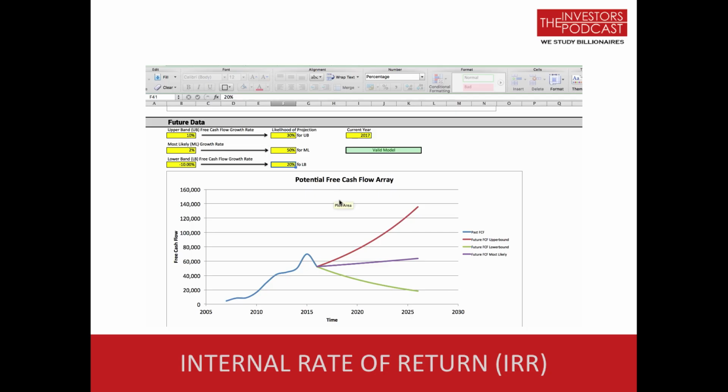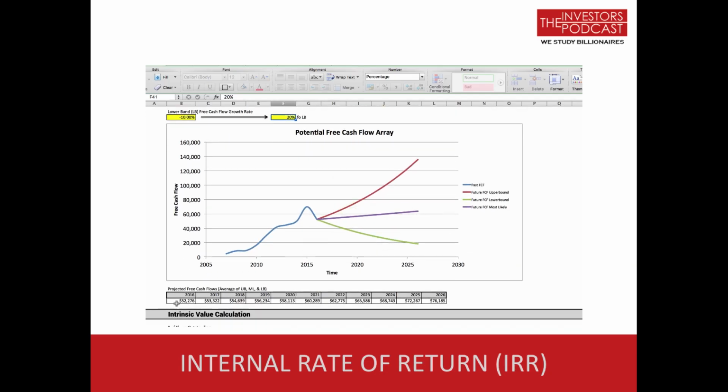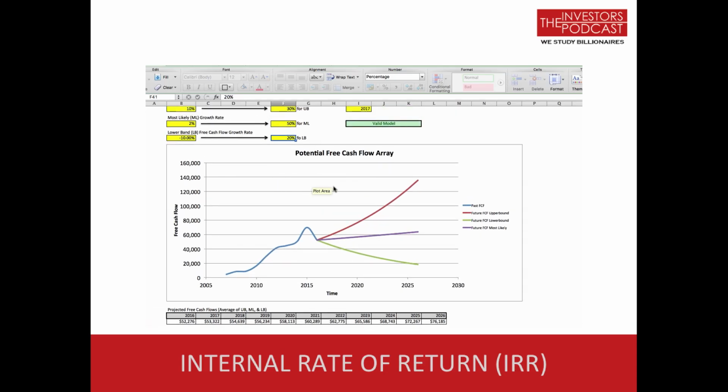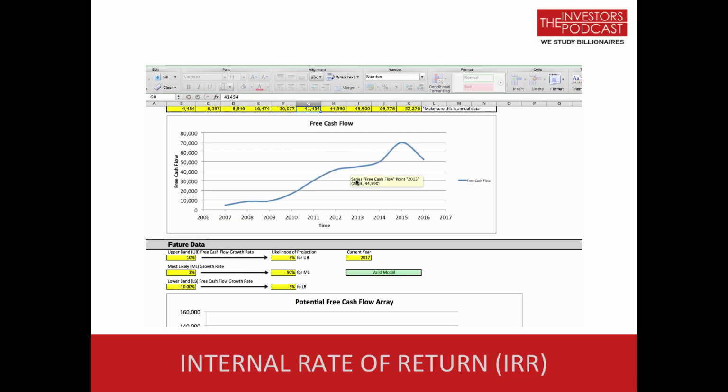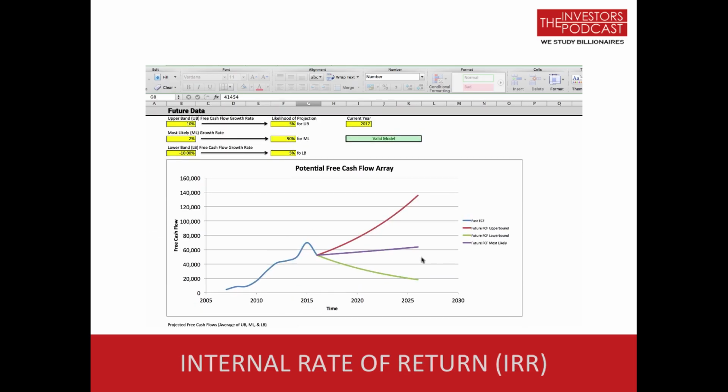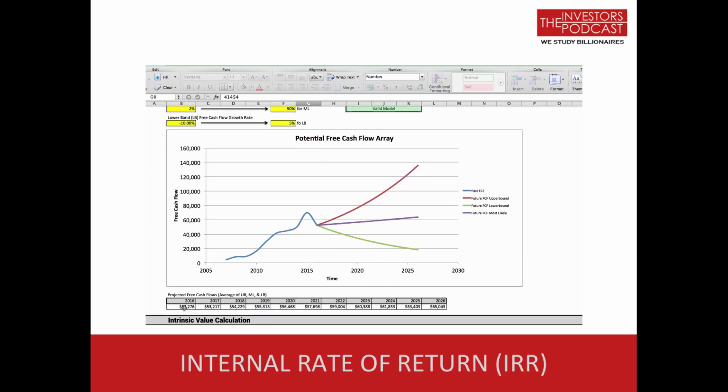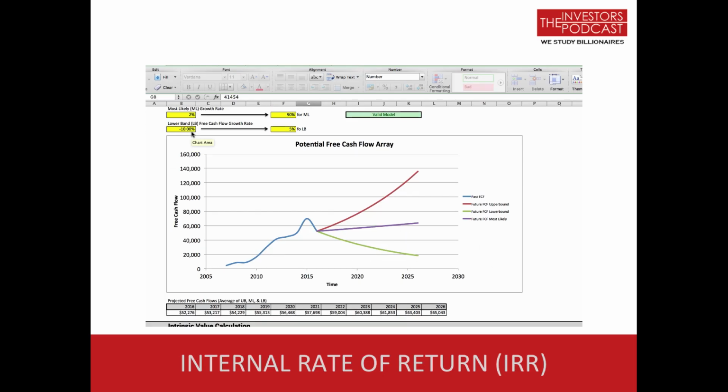And what we're doing is modeling and figuring out what the free cash flow might look like moving into the future, which is all these numbers down here. It's taking a function of these most likely, upper band, and lower band projections. So if I put a lot of confidence in this middle band, and let's say I just put 5% here and 5% here, you're going to notice that it automatically calculated these numbers down here for the projected free cash flow much more closely to this 2% growth rate